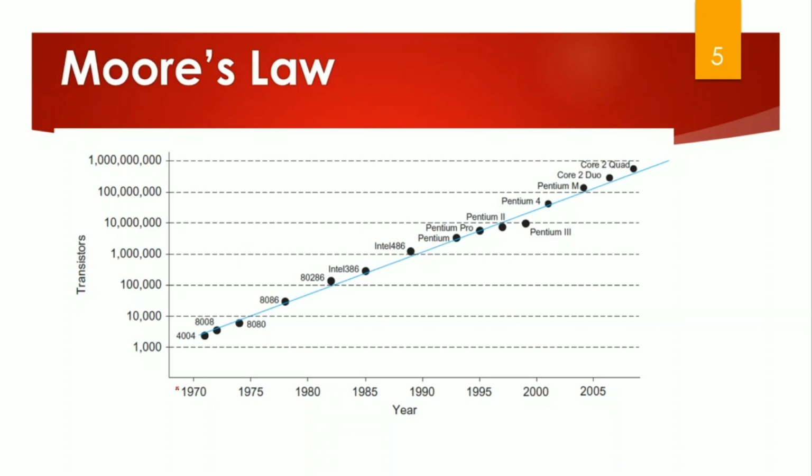So what is Moore's law? In 1965, Gordon Moore wrote in an article that after every 18 months the number of transistors in an IC doubles. It means that if in a unit area of the IC you are able to accommodate 100 devices today, then in the next 18 months you can easily accommodate 200. That means the size of the transistor or the devices will reduce to half after every 18 months.